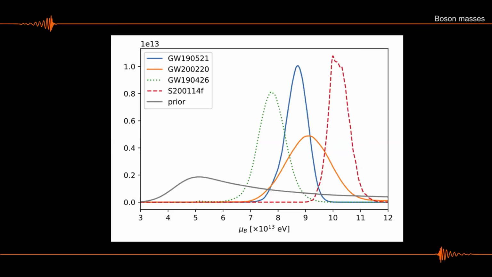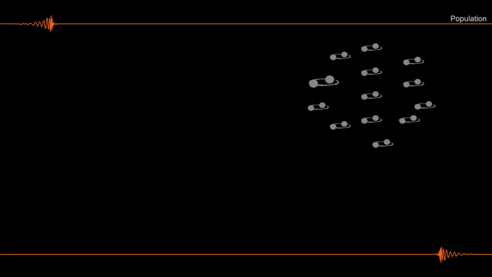So these are the four masses plotted all together. This is our prior. This prior is coming from the distribution of our simulations. And you can see that the posteriors nicely enough deviate from the prior. So, okay, we're actually getting some information there. It's not just prior driven. And as I said, the two events that do not actually reject the Proca-star hypothesis very strongly have these consistent masses that you can actually exploit in a way.